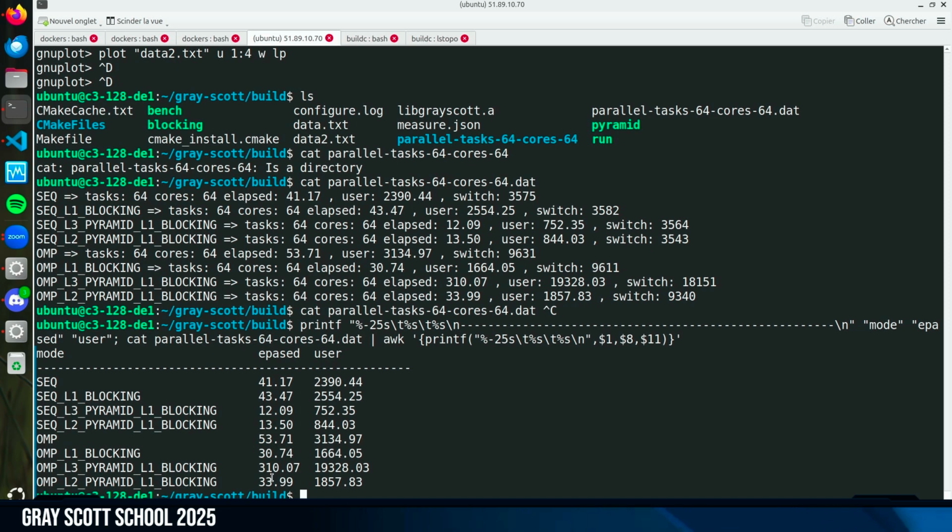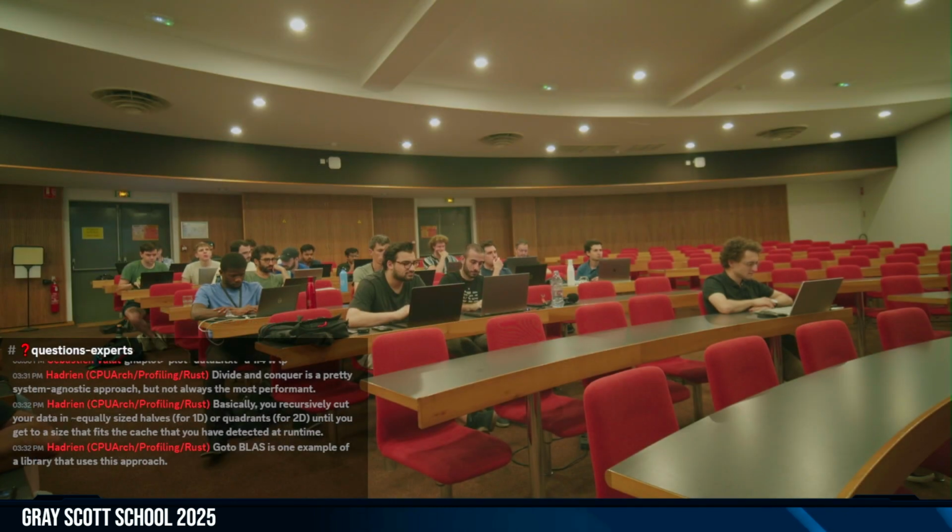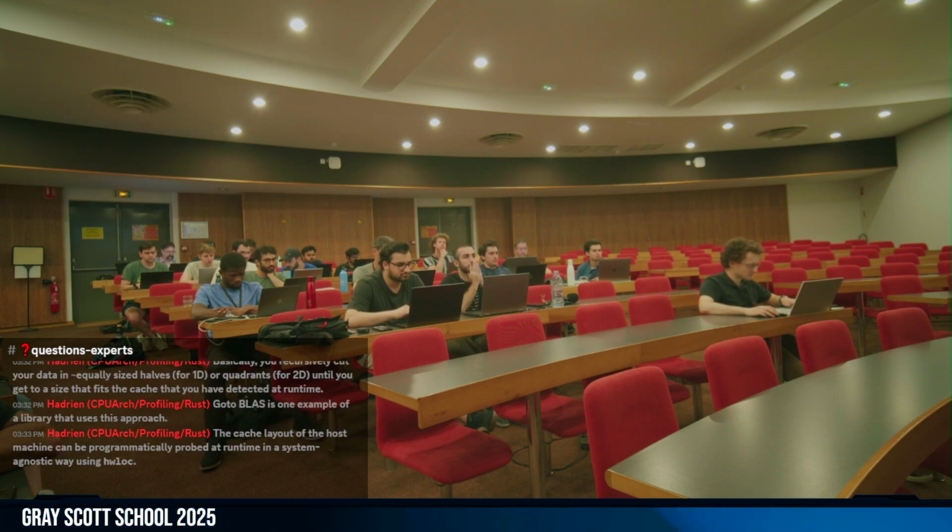So here, we see that the OpenMP version is quite nice, but still a bit slower than the sequential version in parallel, due to the synchronization, huh? Here I'm running on 64 cores. Also, I was saying that it was scaling up to 32, 16 more. So in practice, you should probably make a balance if you are running on a cluster using jobs of 8 cores, for example, and several jobs side by side, each using the pyramid.